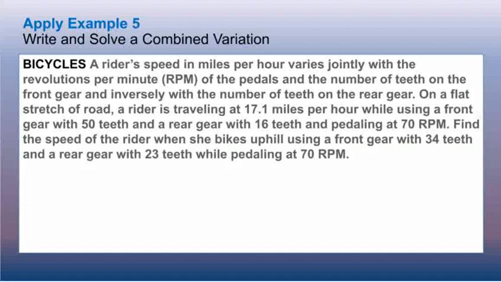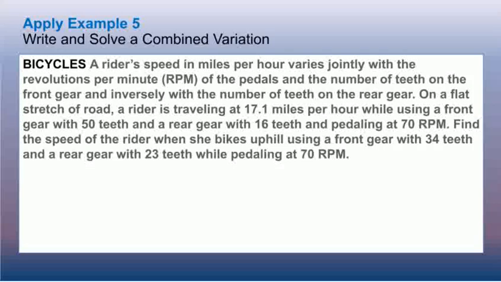It says a rider's speed in miles per hour varies jointly with the revolutions per minute of the pedals and the number of teeth on the front gear, and inversely with the number of teeth on the rear gear. On a flat stretch of road, a rider is traveling at 17.1 miles per hour while using a front gear with 50 teeth and a rear gear with 16 teeth and pedaling at 70 RPM. Find the speed of the rider when she bikes uphill using a front gear with 34 teeth and a rear gear with 23 teeth while pedaling at